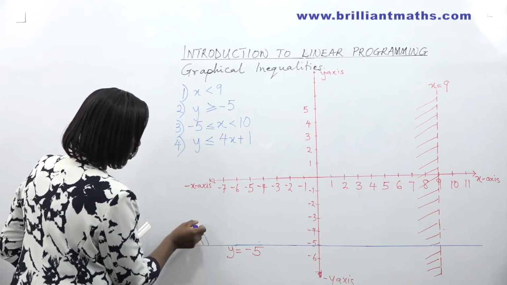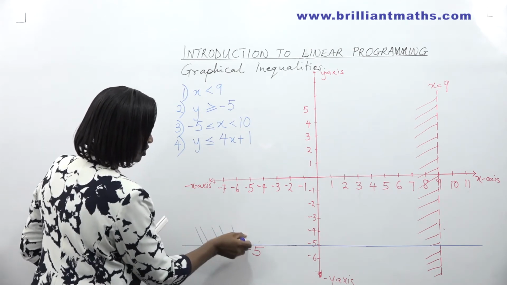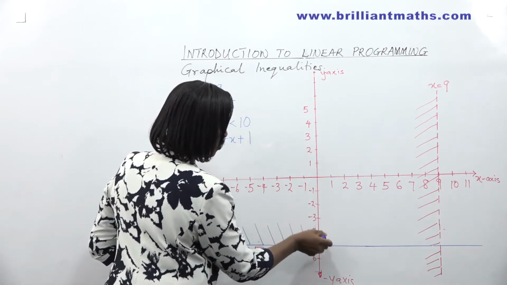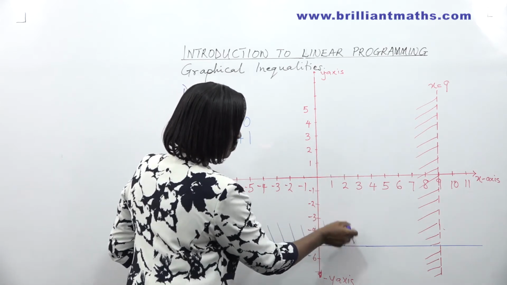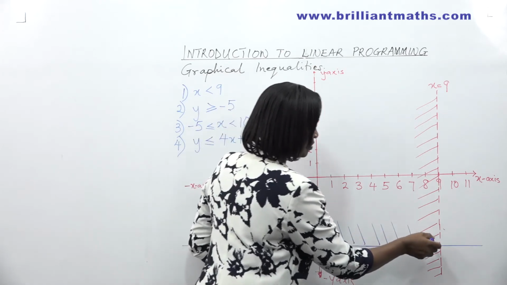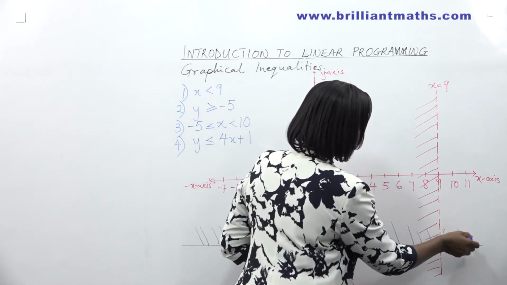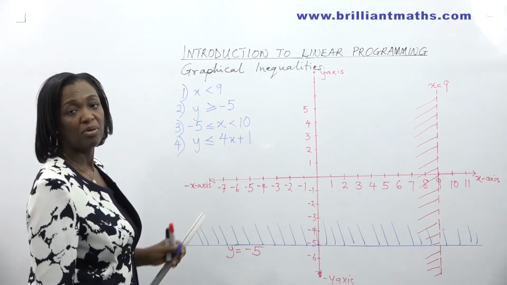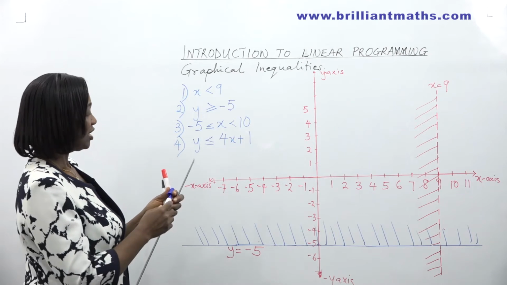So the region that satisfies that inequality is the region above y is equal to minus 5. We're just trying to graph these simple inequalities. The third one,